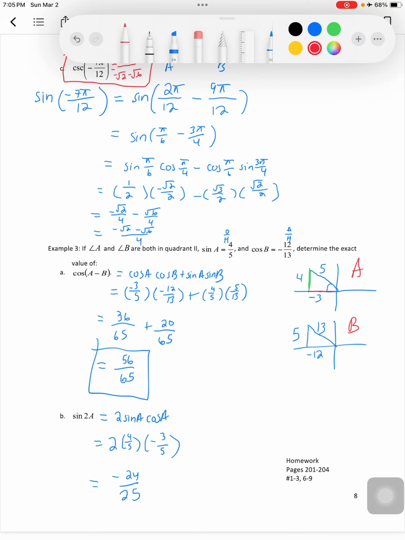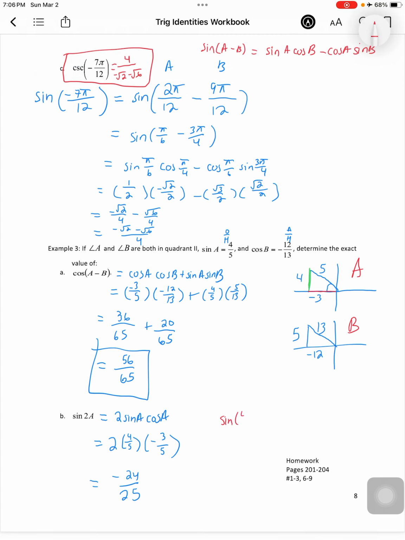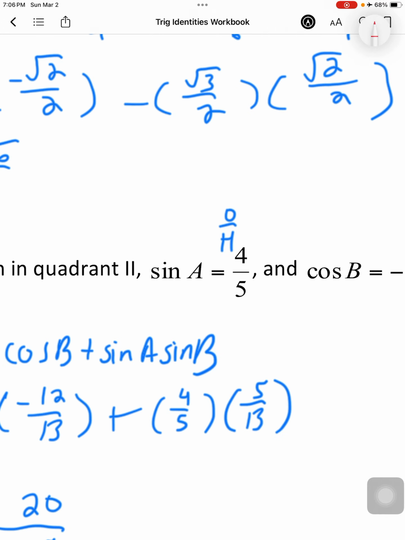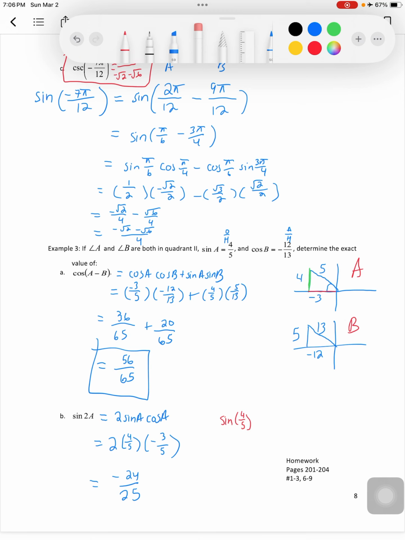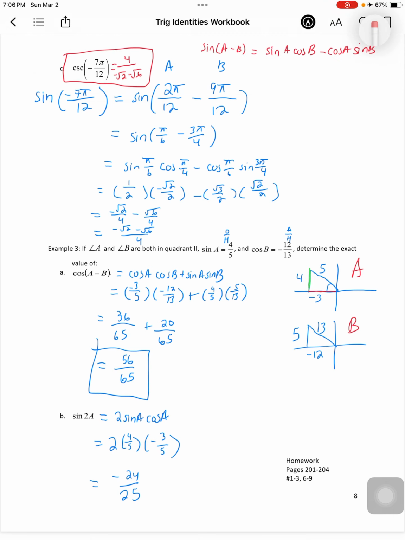So I'm going to write in red. Sometimes some students write sine 4 over 5. That is wrong. Sine A, this whole term here, is equal to 4 over 5. So you're not writing sine bracket 4 over 5. But anyway, that's it for today's lesson. It's basically just going over finding what